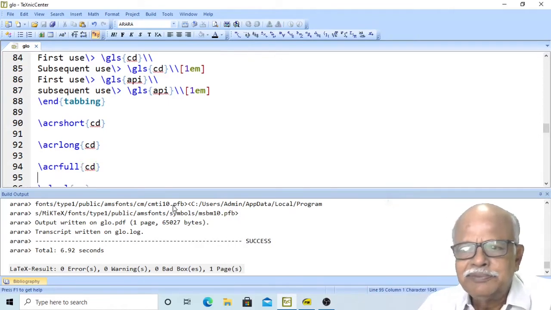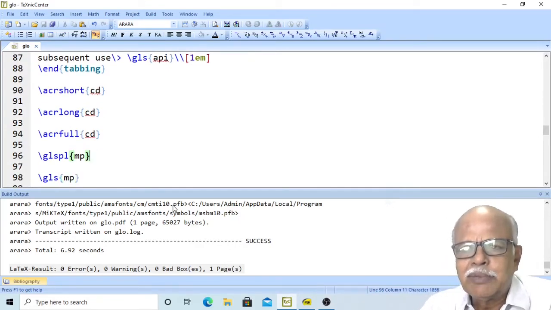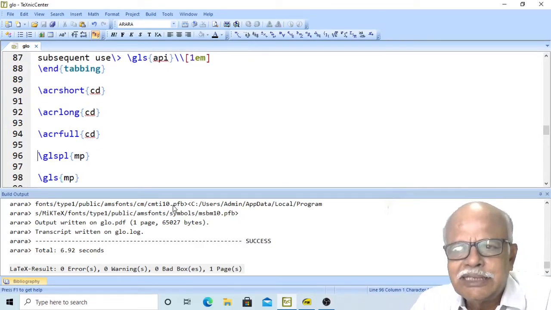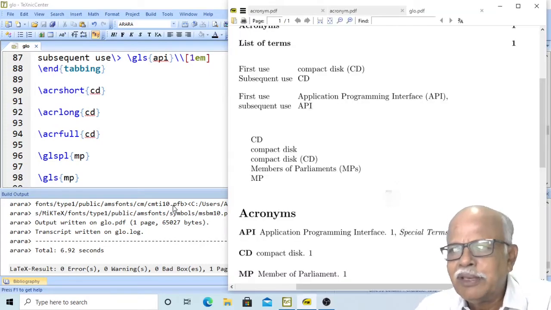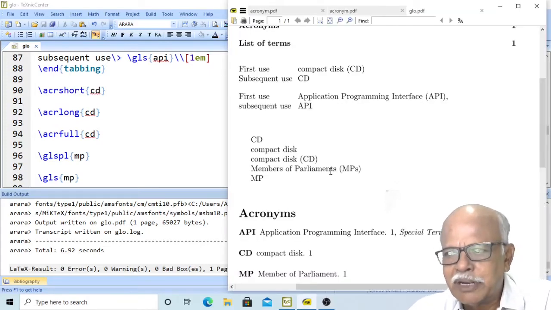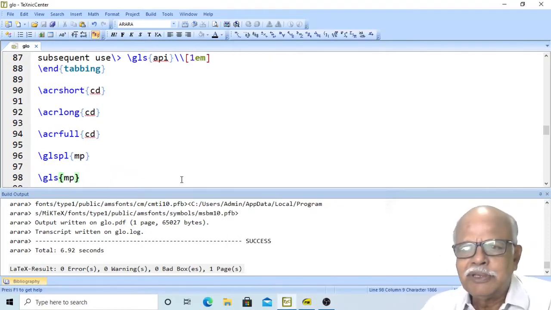And then when we use the plural form, GLS plural form, we have members of parliaments within brackets MPs, and then subsequent use will be only MP. Suppose we reverse this order.